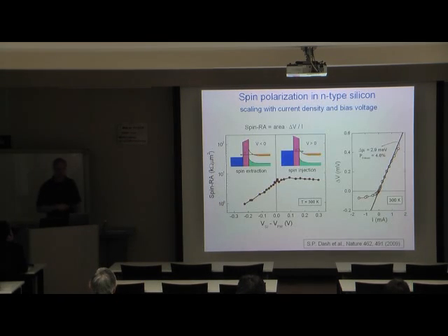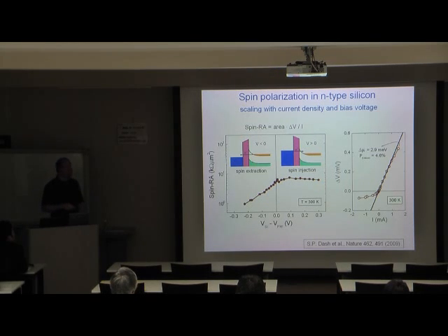Now we can investigate a number of characteristic features, and one of the important features is how the signal, the spin accumulation, depends on the current, direction and density. And we can operate the structure under spin injection, meaning electrons injected from the ferromagnet into the semiconductor, and you see that for that current polarity the magnitude of the spin accumulation scales linearly with the current density